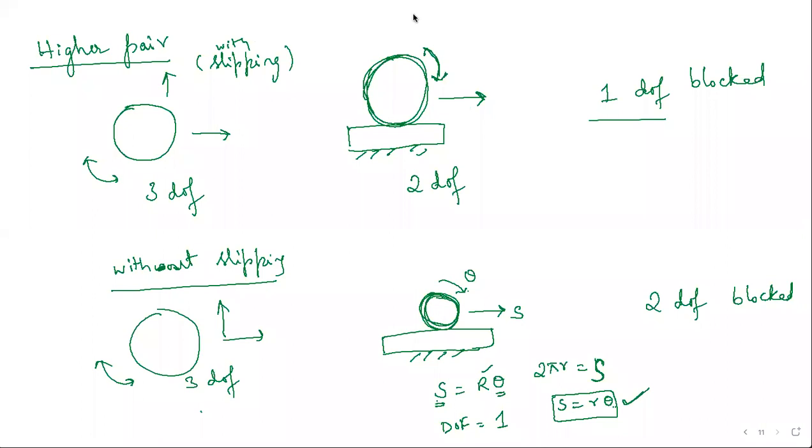Now we will talk about mobility or degrees of freedom. Okay, whenever it comes to mechanism, you usually call it mobility. So mobility or degrees of freedom of a planar mechanism. Okay, so here the mobility of a planar mechanism is such that, see, we can find out, we have a formula for it. The formula is, I will give it right away and then we will derive it.